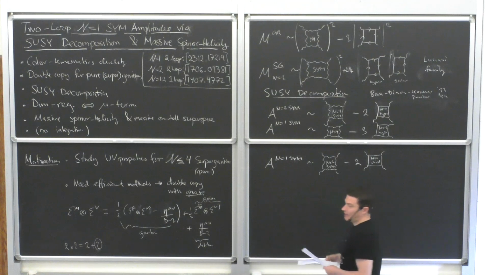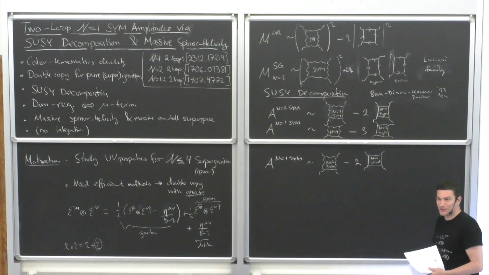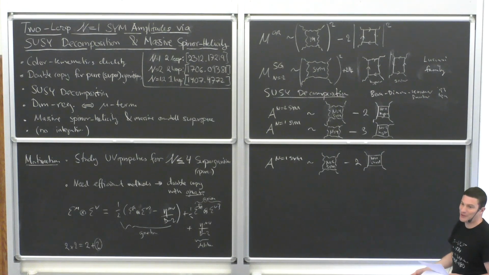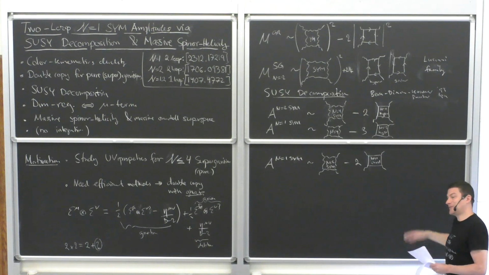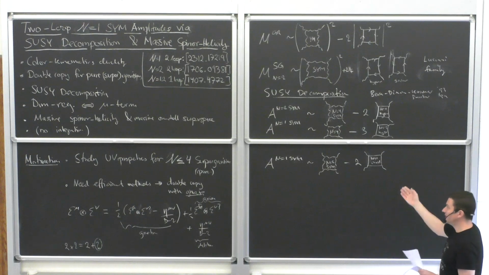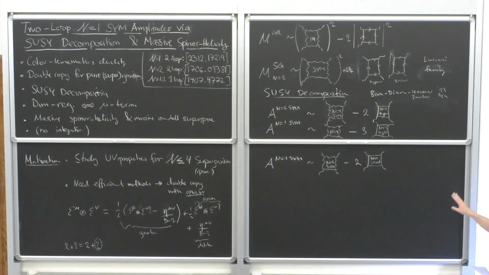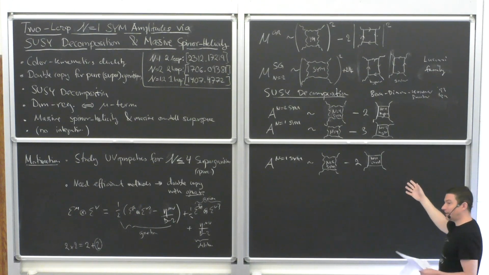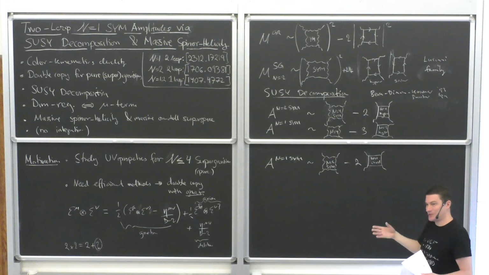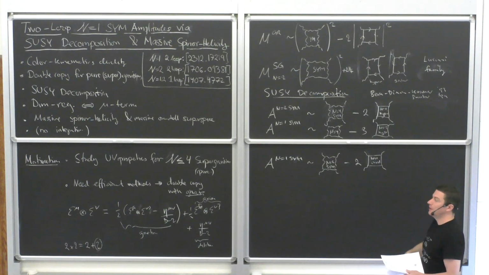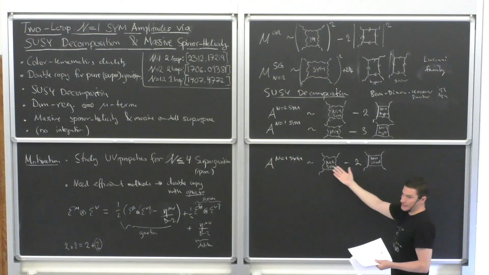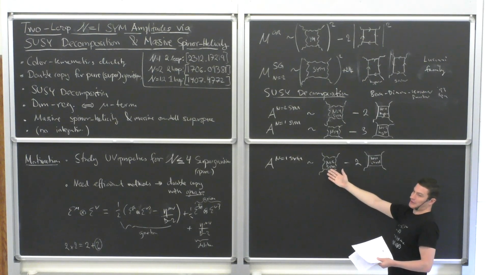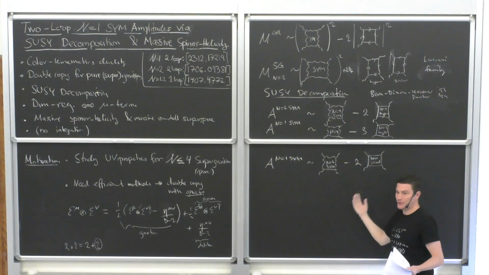No, so you can easily convince yourself that at one loop it holds for all the diagrams. I'm just drawing the box because later on I will only need a box, but it's also more convenient. So it holds for all. Obviously, diagram by diagram, it does not hold because each individual diagram is not gauge invariant. But once you sum over all diagrams, since this identity is just a linear operation on your diagrams, this will also hold for the amplitude.